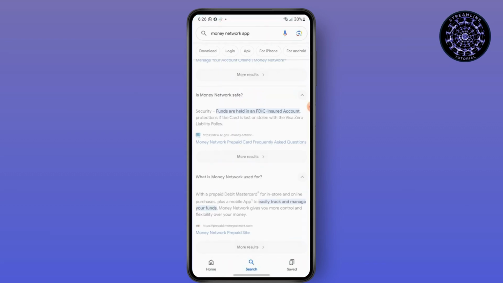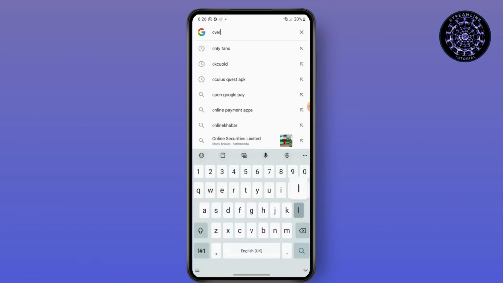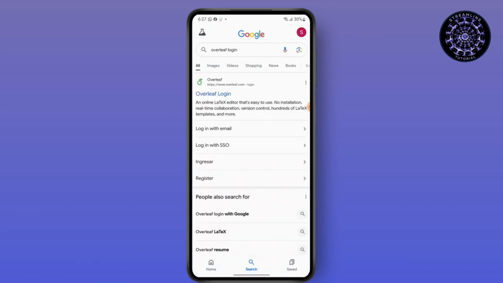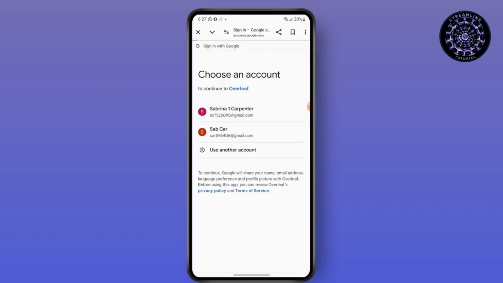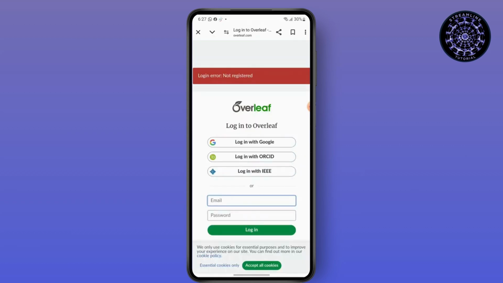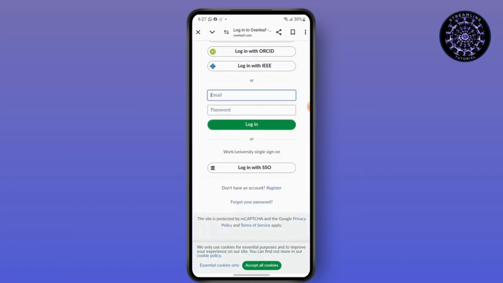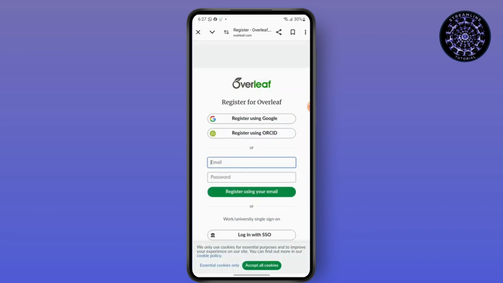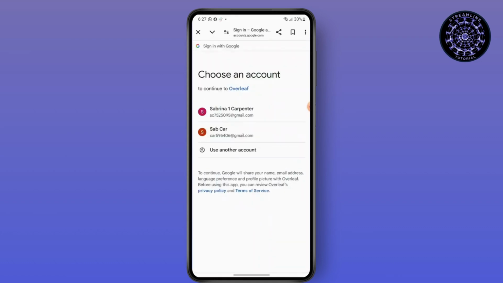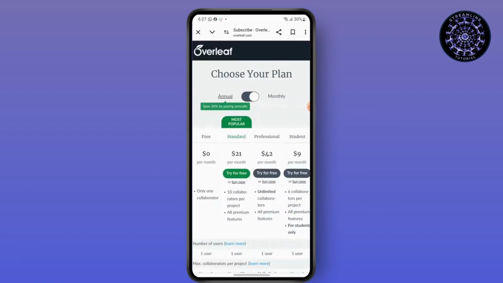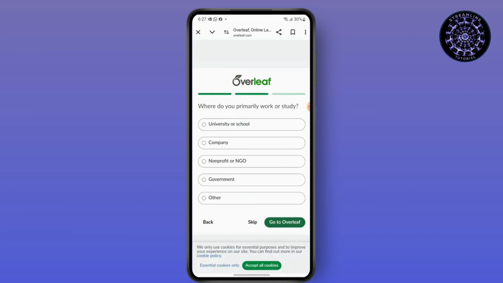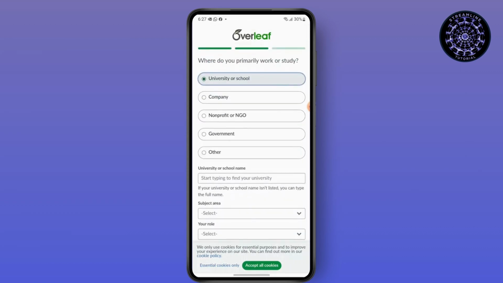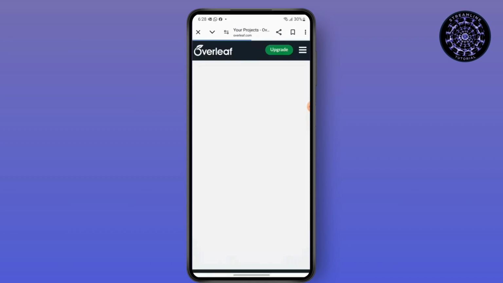So first head over to your Google and then search for Overleaf. Simply log in. So this is not registered, so you can just register using your Google. Continue. Then